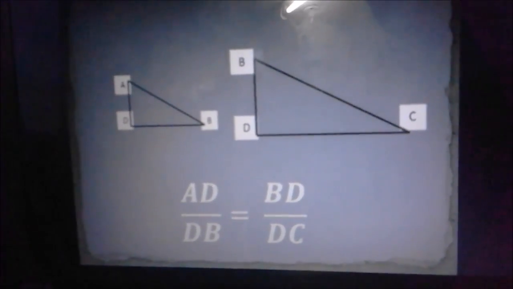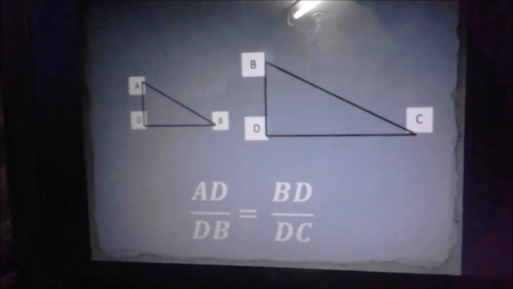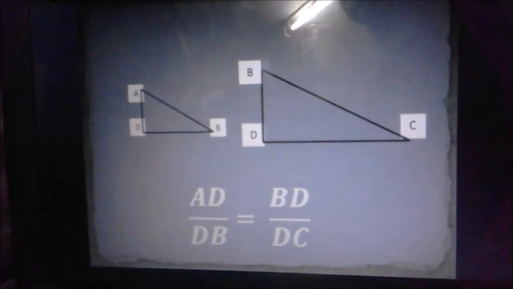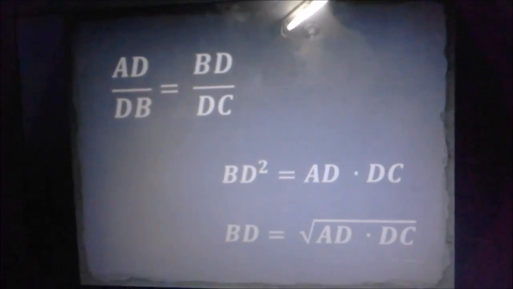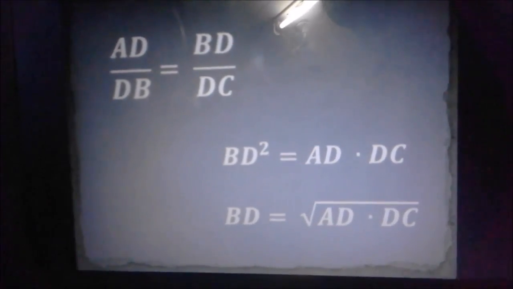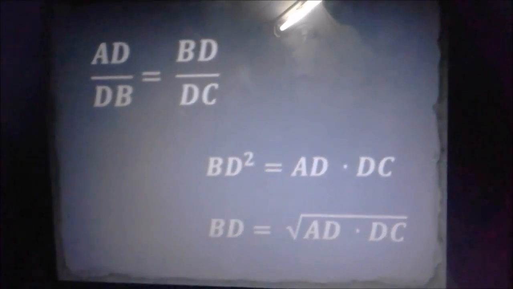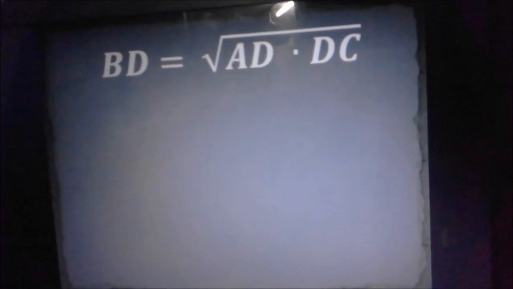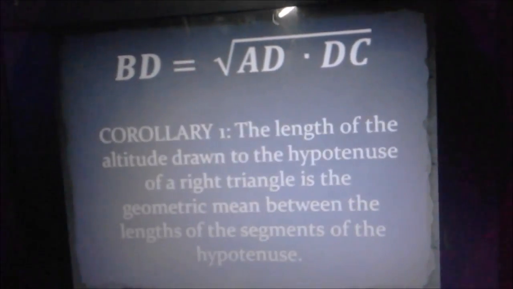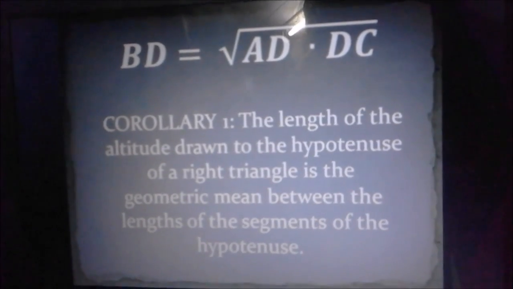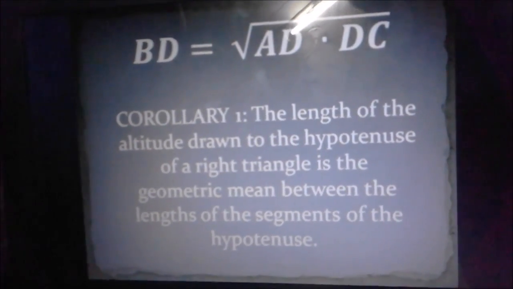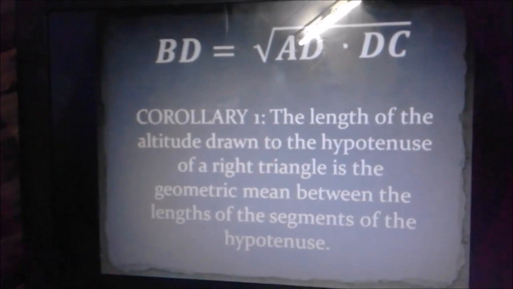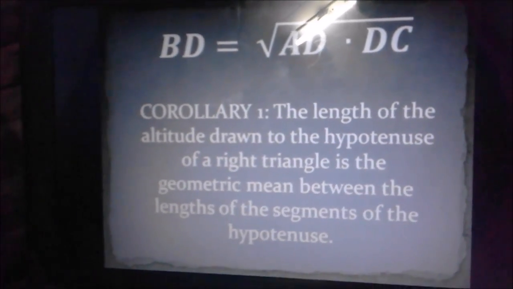This means that line segment AD over line segment DB is equal to line segment BD over line segment DC, which also means that BD is the geometric mean between AD and DC, or BD is equal to the square root of AD multiplied by DC. This is stated by Corollary 1, which states that the length of the altitude drawn to the hypotenuse of a right triangle is the geometric mean between the lengths